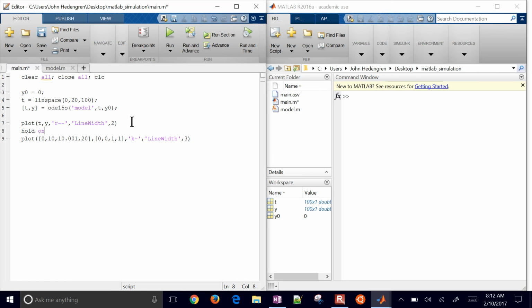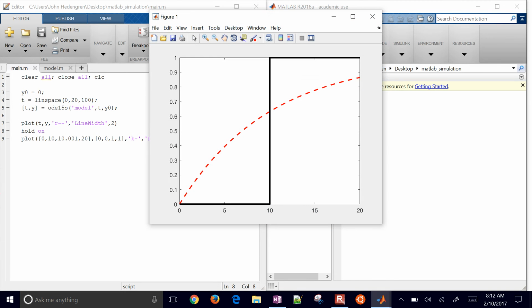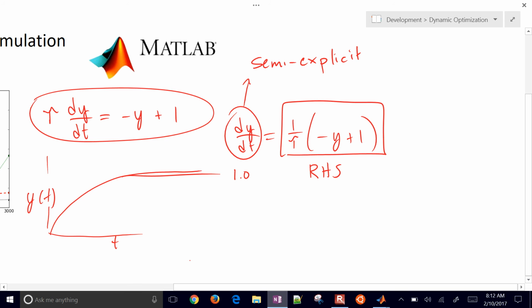I'm going to do a hold on here. So it holds on to the first one before plotting the second one. You can see the approximation there. So what we're going to do now is just increase the number of differential equations now to try to approximate this step function. And the way I'm going to do that is, okay, so we have some additional equations that